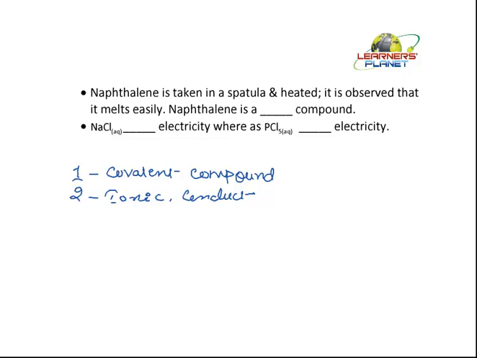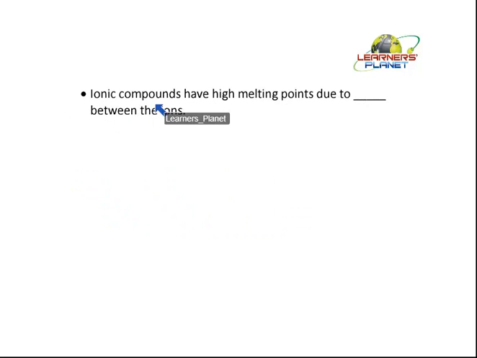Whereas PCl5 is what? It is a covalent compound because it is a compound of non-metals. And so it does not conduct electricity. So this would be your answer. So for solving such type of questions, what you need is to remember the type of compound, whether it's covalent or ionic. This is a simple question.